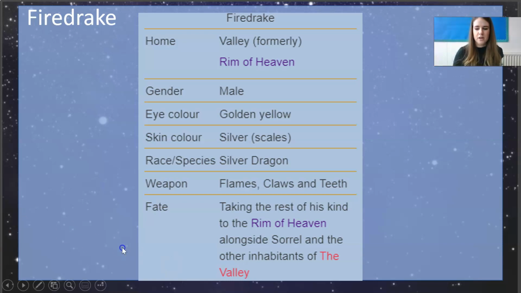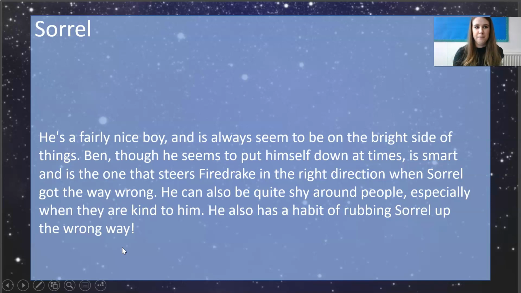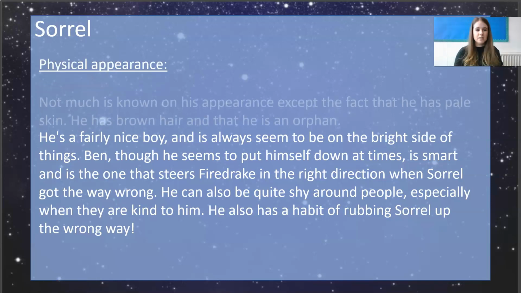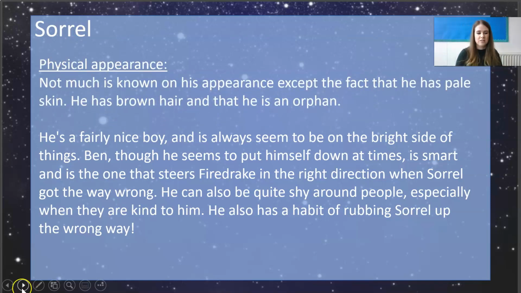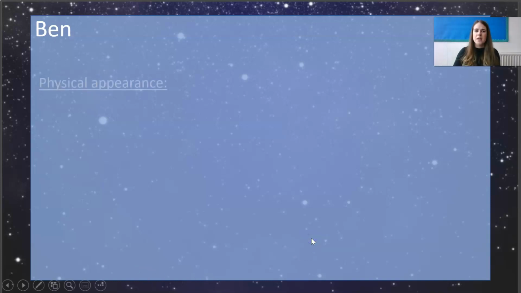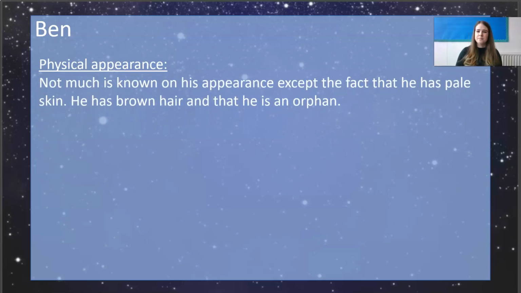So the other character that we're going to look at obviously is Ben. Now, I realise I'm looking at this here. I've written Sorrel on here. So our next character that we've got is obviously going to be Ben. Okay, there are 3 main characters that we look at that go on this adventure throughout our story. Now, there's not very much known about Ben's physical appearance. Obviously, we know he's an orphan, okay, and we know that he's very pale and he's got brown hair. But other than that, we don't really have much of a description about necessarily his height, his weight,